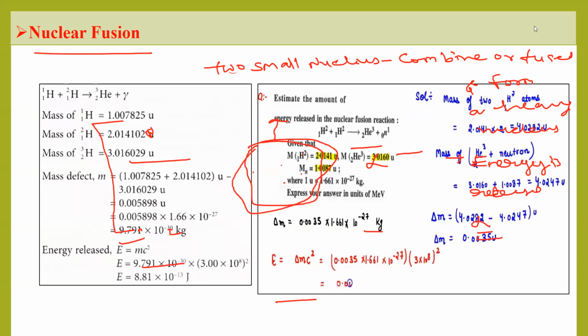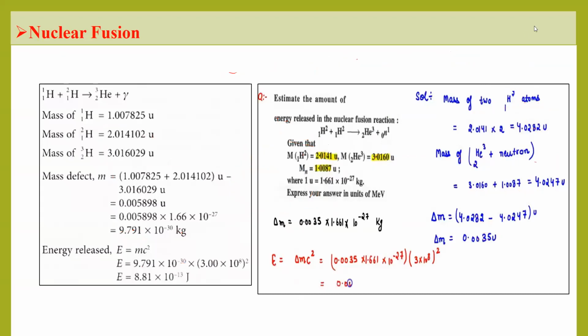Now we have to understand nuclear fusion with an example. We know that in nuclear fusion, two small nuclei are combined. For example, there are two nuclei, 1H1 and 1H2. These are small nuclei, and they will combine and form 2He3 plus gamma. Gamma particles, subatomic particles, are released. The mass of 1H1 is 1.00785 unit, the mass of 1H2 is 2.01410 unit, and the mass of 2He3 is